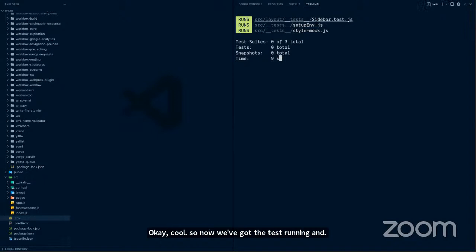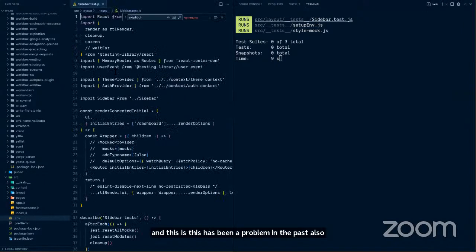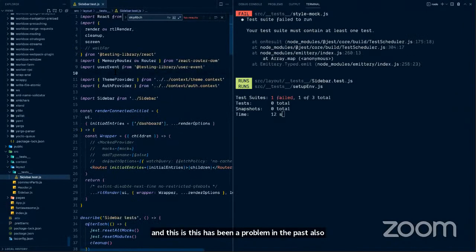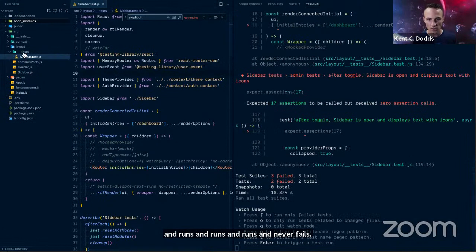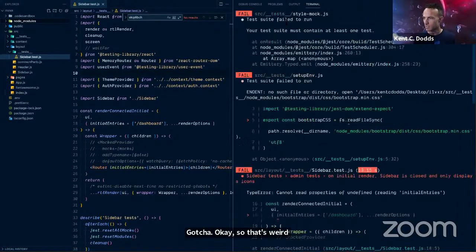this has been a problem in the past also, where the test never resolves. So it just sits there and runs and runs and runs and never fails. Gotcha. Okay, so that's weird. Where are those files that it's looking for? That's weird.